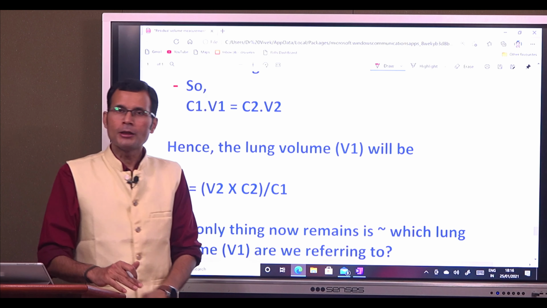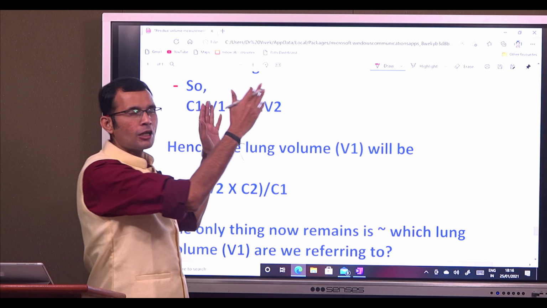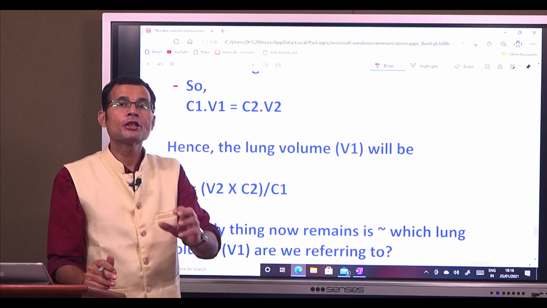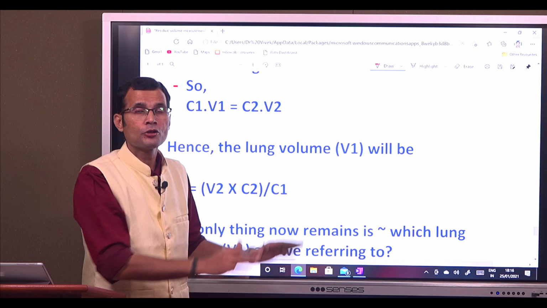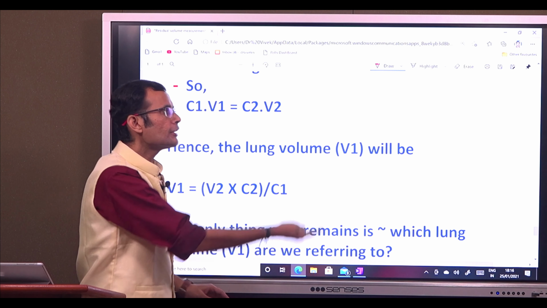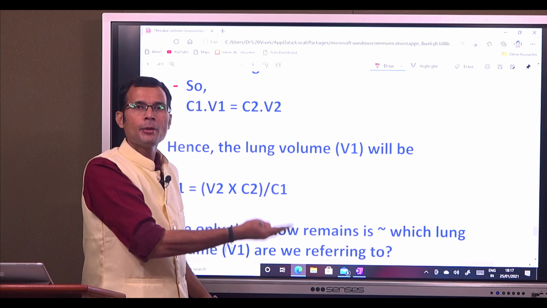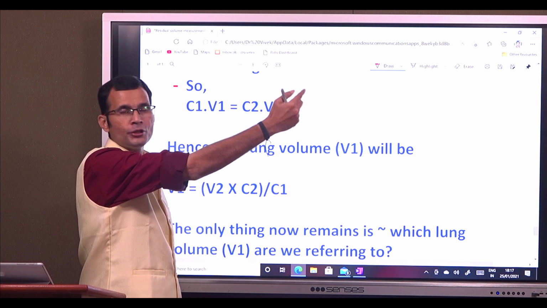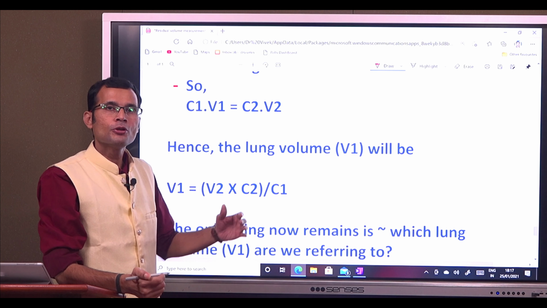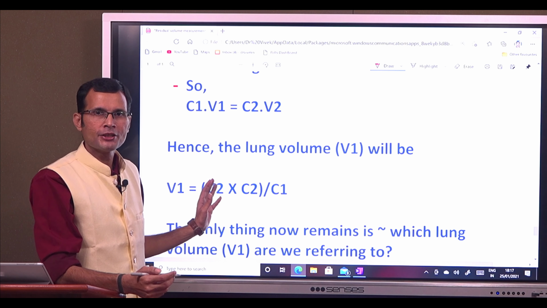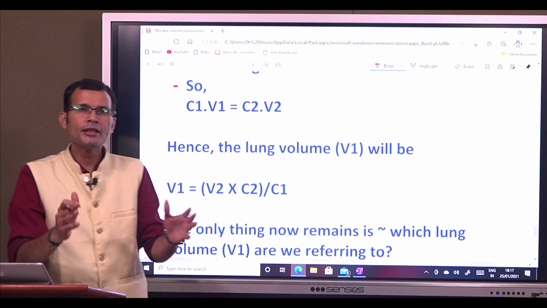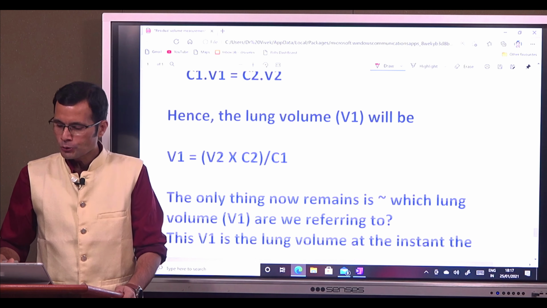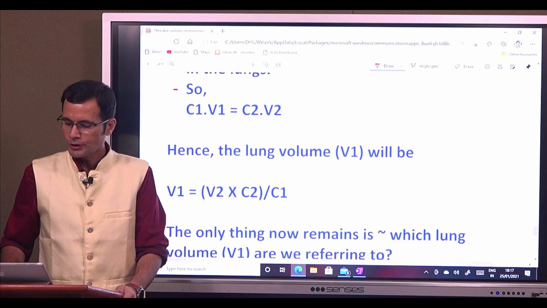So, there was a certain lung volume and a certain volume of nitrogen present in that lung volume at the start of this procedure. Then with each breath, that nitrogen started coming out because you inhaled only oxygen. Nitrogen starts coming out with expiration, and you collected it in a bag. That's the key element of the procedure. So, hence the lung volume.